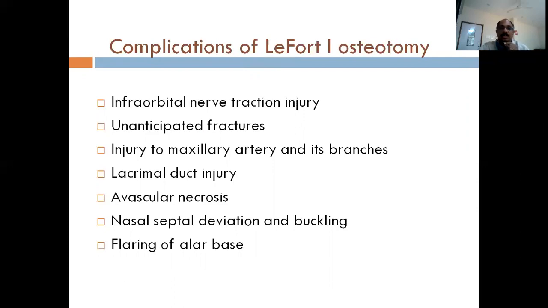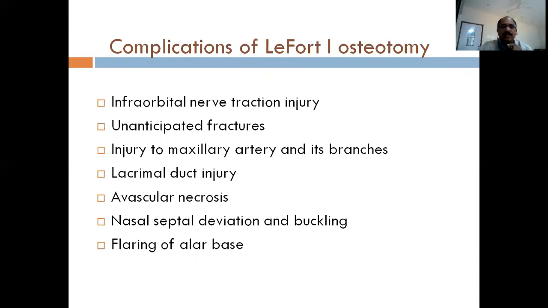And sometimes while trying to make a fracture, the patient will end up with unanticipated fractures. So you have to be very careful while dealing with such areas. You have to make the cut exactly and not use inadvertent force, which can cause fractures to other areas. I told you about the blood supply, you have to be very careful not to damage any vessels there, especially your maxillary or your posterior palatine vessels. As I told you, if you damage any vascular bundles, the patient will end up with necrosis, and that can lead to a lot of problems.